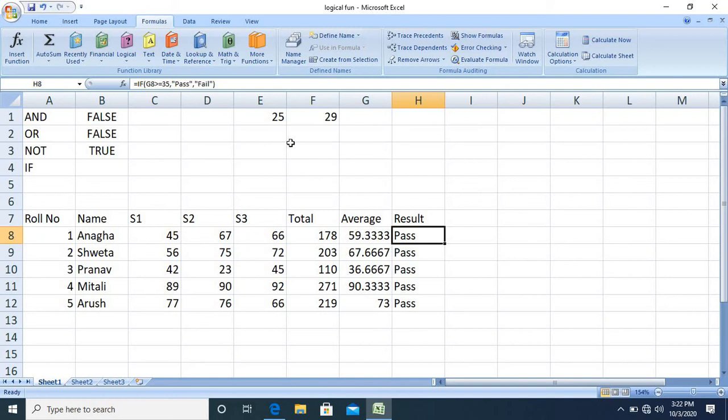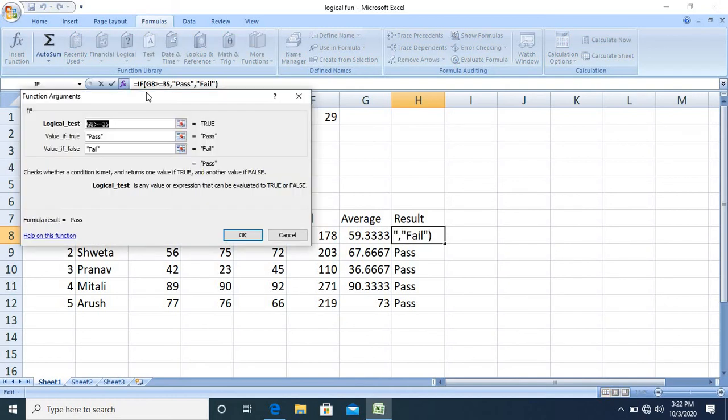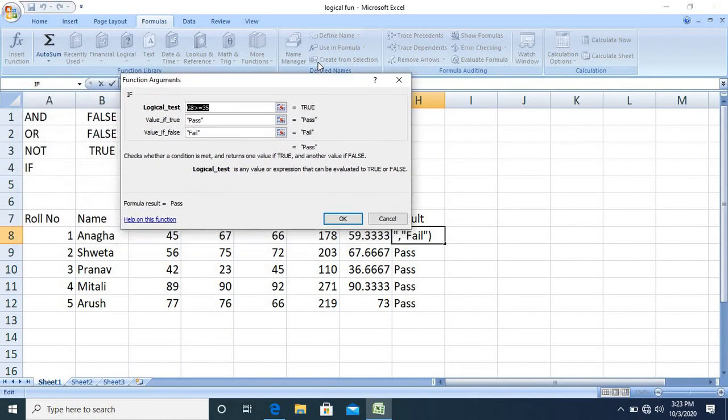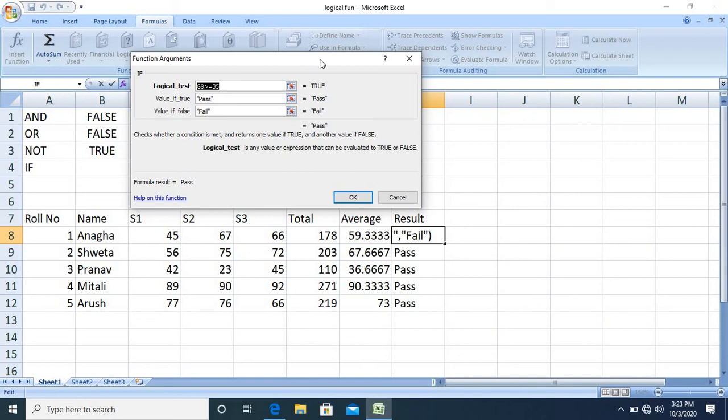So let us make the modification in the formula. This can be done in two ways. First, I will show you how it can be done by using the AND function here.